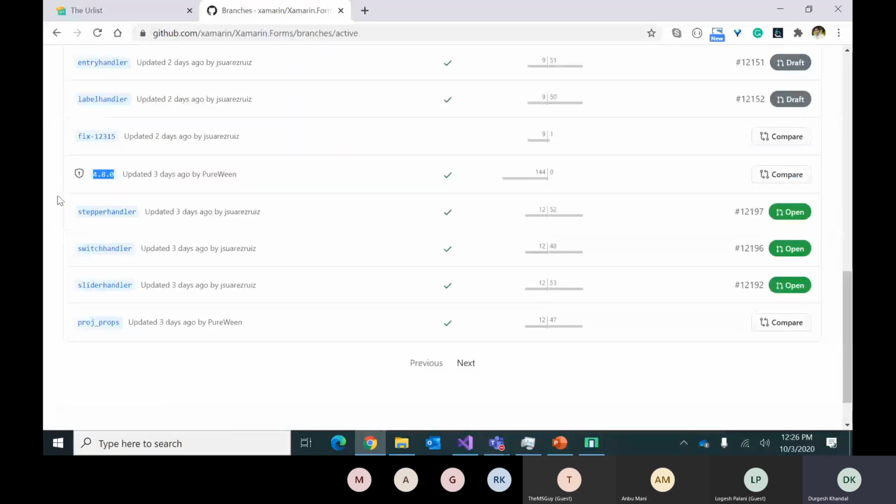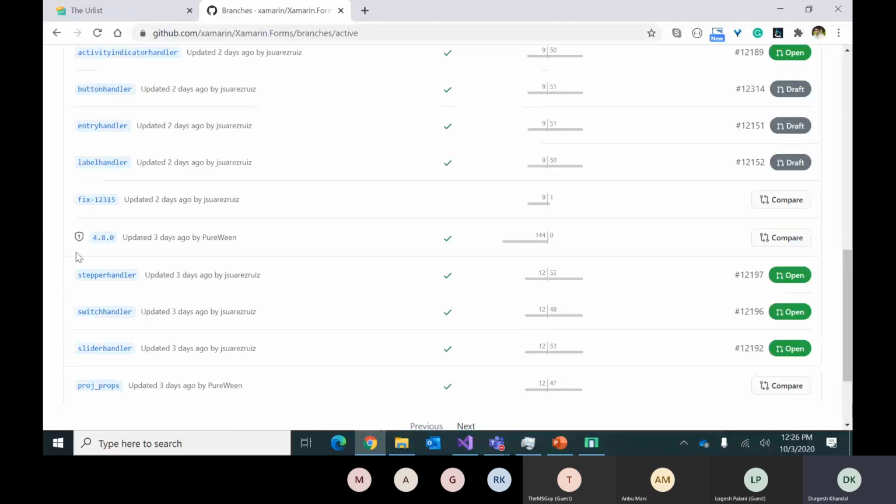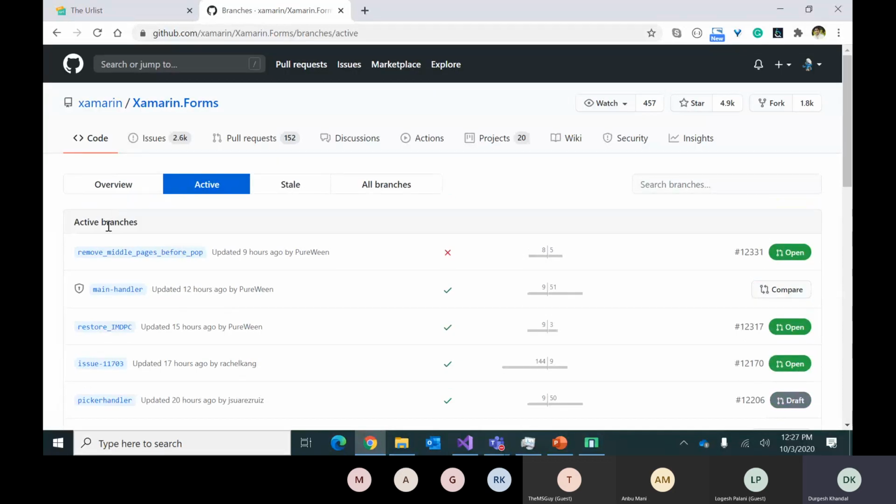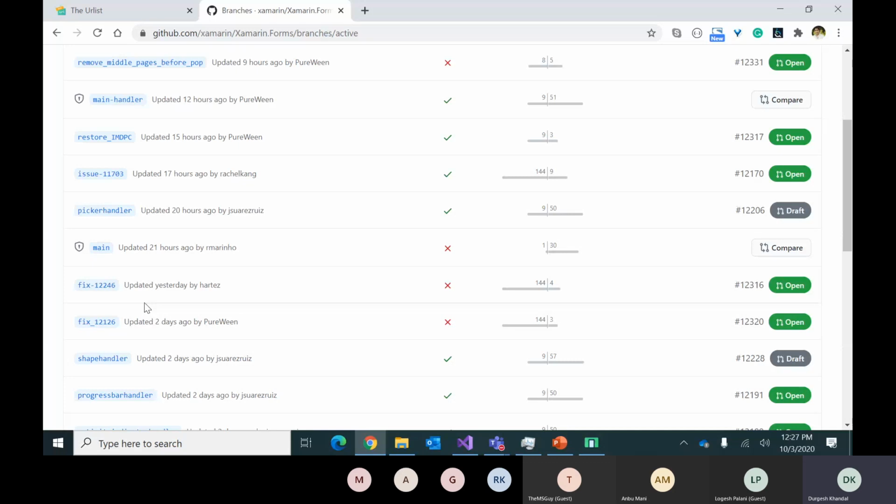You can identify it: the Xamarin.Forms team usually keeps this icon for the last release as well as the new release, which you can see as the default as well. So if there is a regression bug, it goes to 4.8.0, and it also gets merged to 5.0.0, which is the latest one. If there are new bugs, then your current branch is 5.0, so it goes to 5.0. If you're working on a new feature or an API, something which is not a bug but more of a feature improvement, then it goes to the next version, which is 5.1.0. It will also be decided by the Xamarin.Forms team depending upon